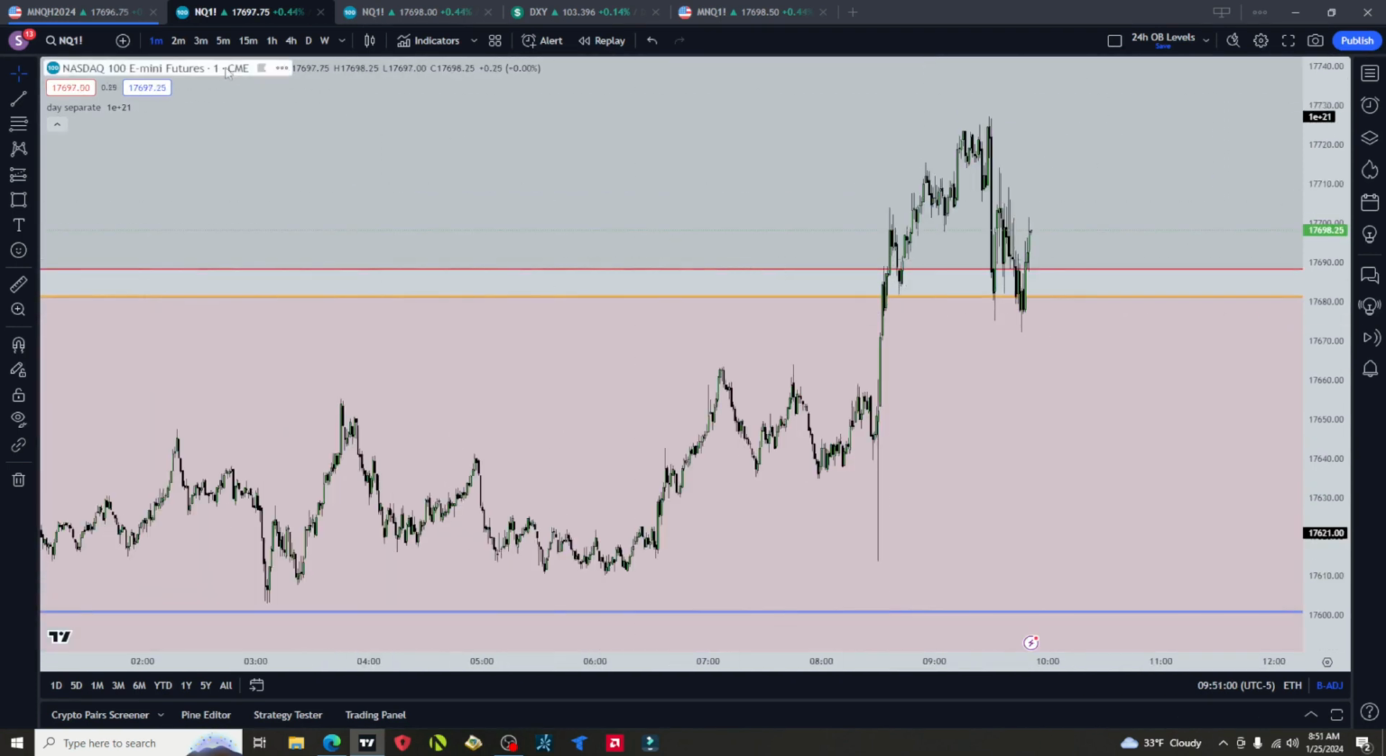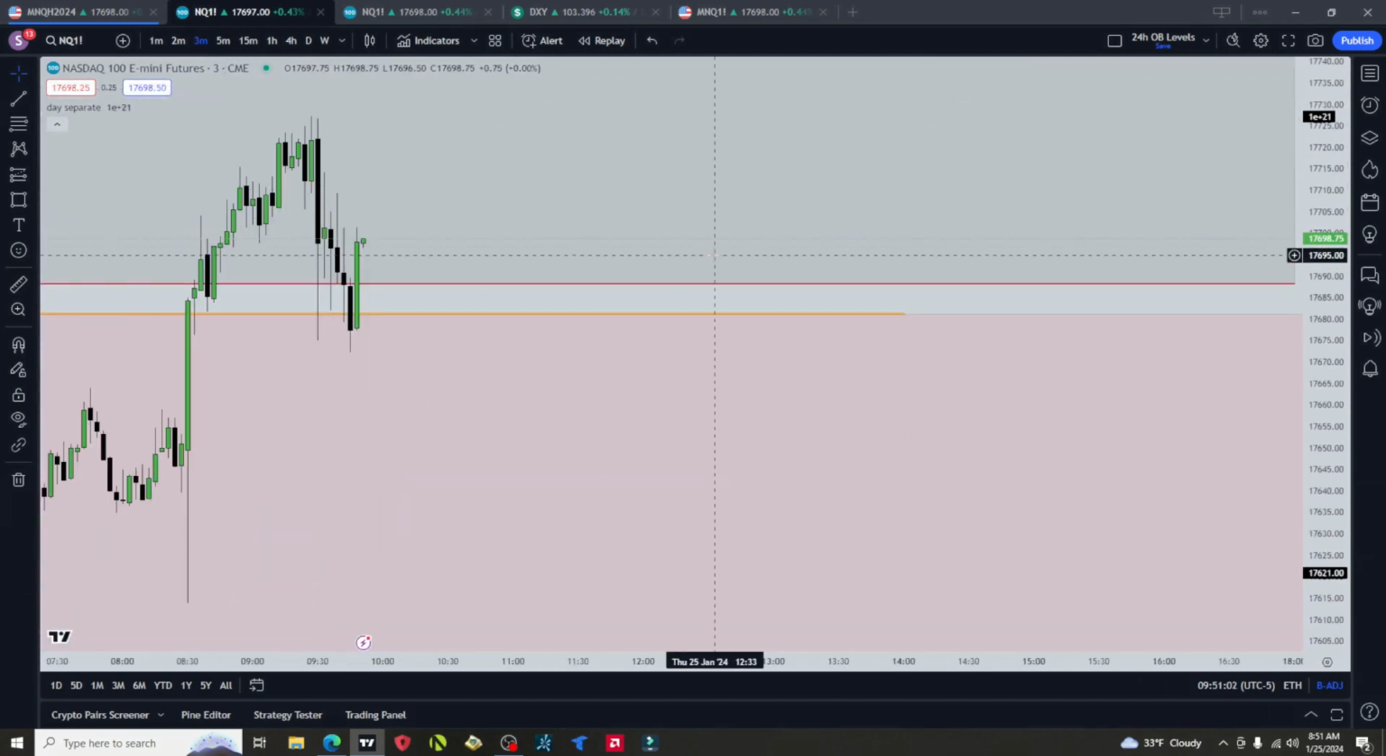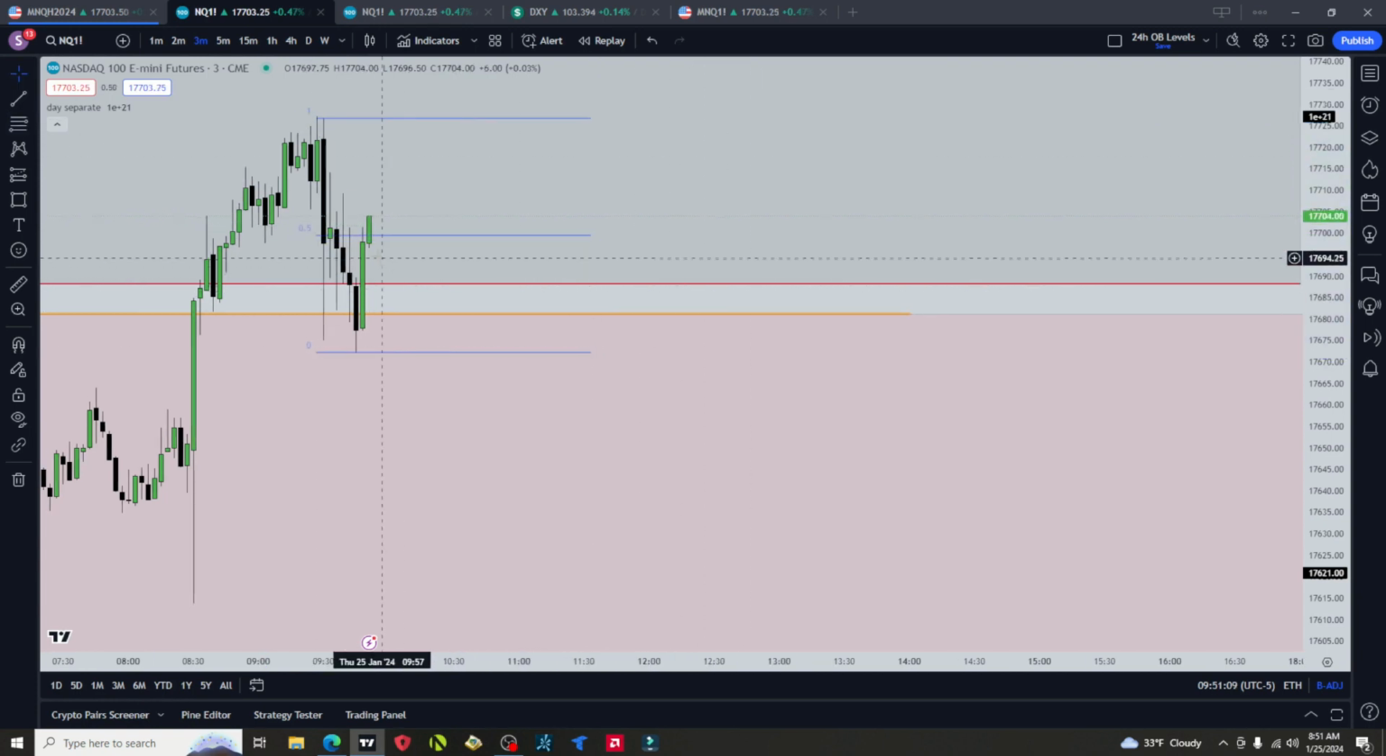So here's what I want to see, I guess. I want to see if price makes it through this order block. This is a premium. If we come up to the premium range and make a failed higher high and start to sell off and break this low,